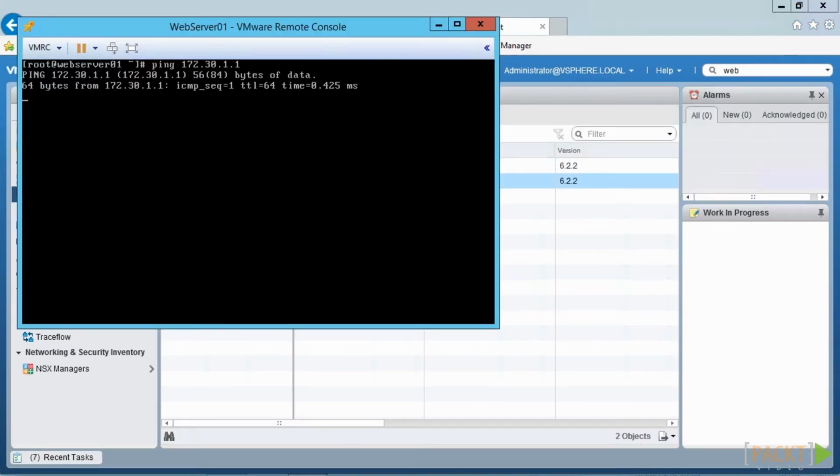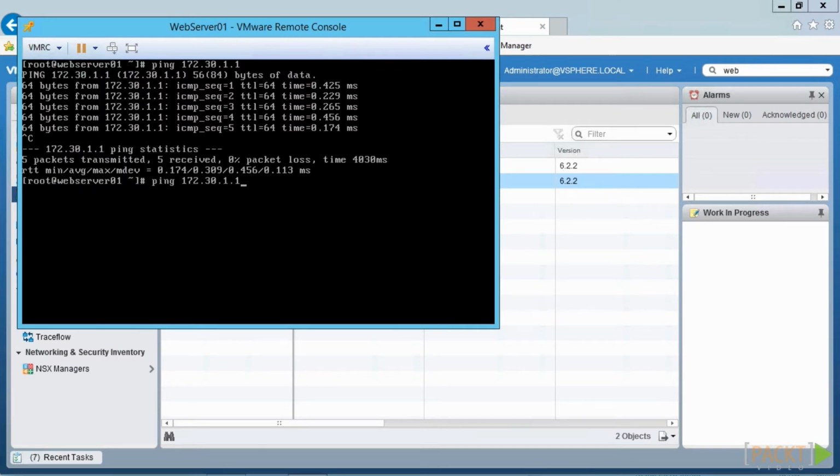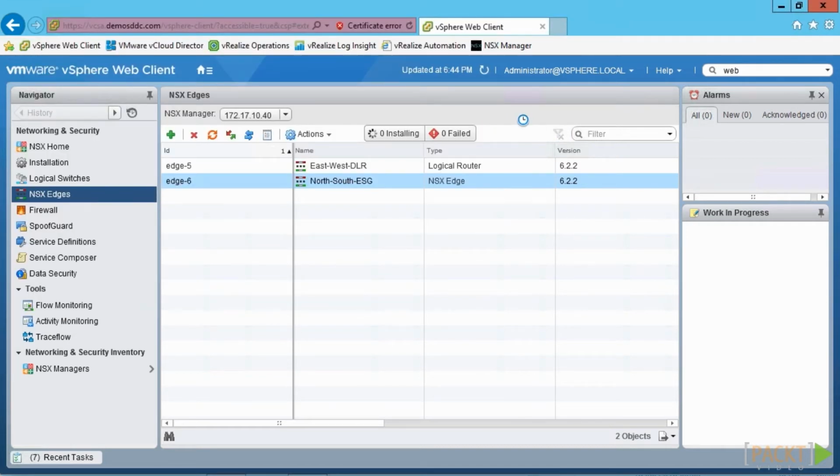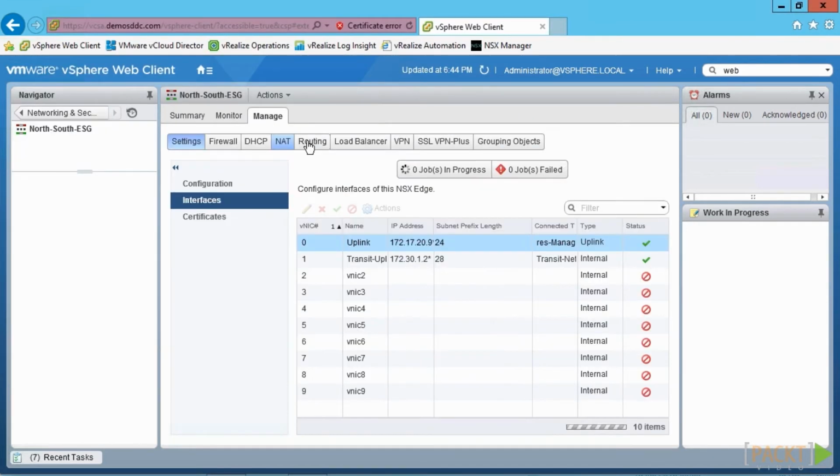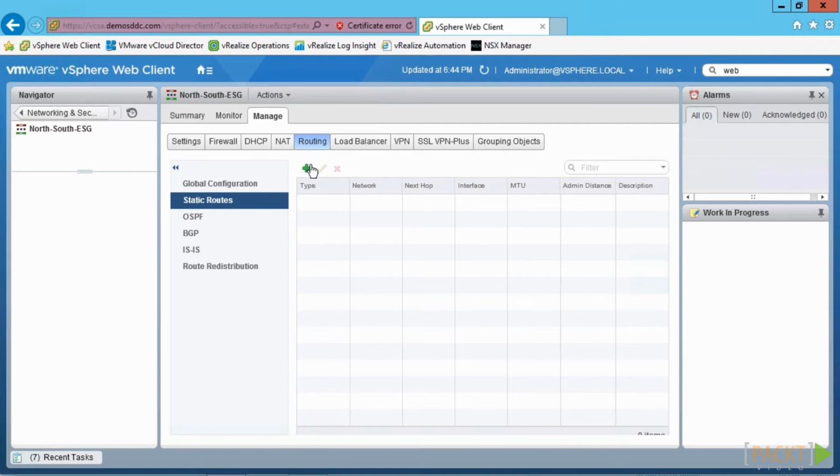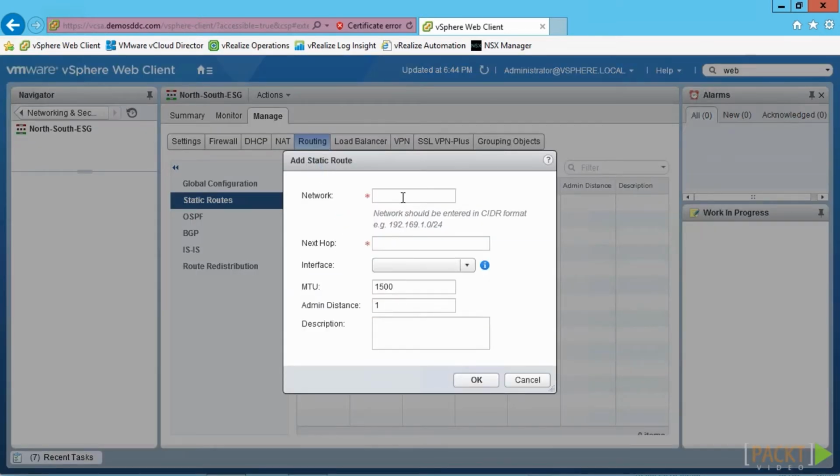Now that all of this is set, we would expect that we can actually ping from our web server the distributed logical router, and let's try to ping also the edge gateway. This is still not working. The reason for that is very simple, because the edge services gateway doesn't know what is behind the DLR. For that, we are going to provide a static route for now,